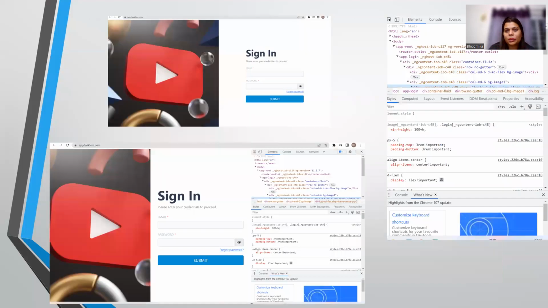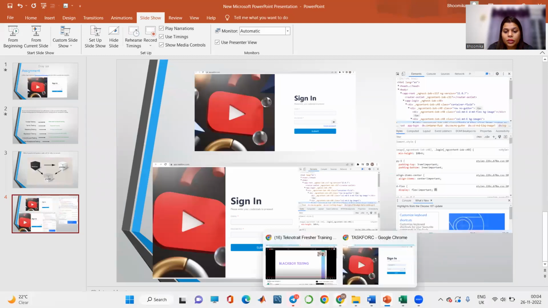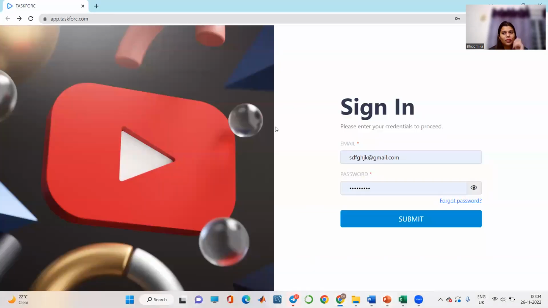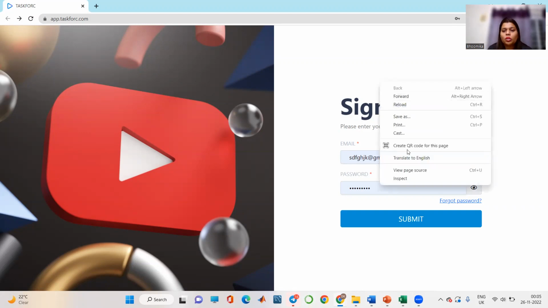So as you can see, these are some of the snapshots which I will be explaining now. For example, I will go to this page. This is a page where I will be seeing the black box system. What I can see here is only the UI. I can see that there is a 50% YouTube symbol and 50% where I can do the sign in part. So what I can see is that there's a login page and something like that. But if I go to inspect,